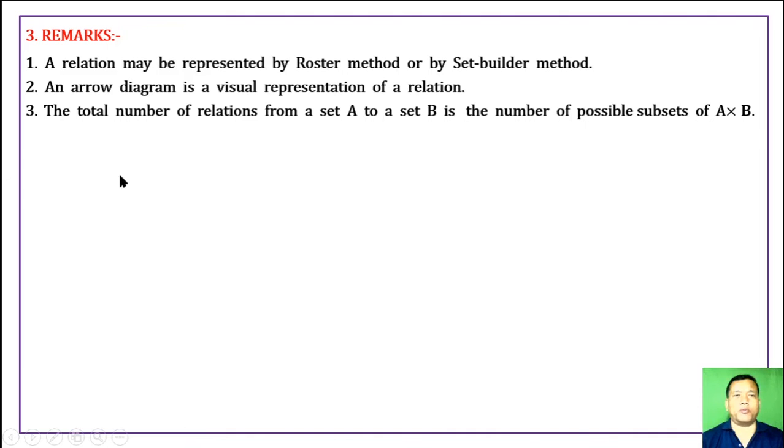The total number of relations from a set A to a set B is the number of possible subsets of